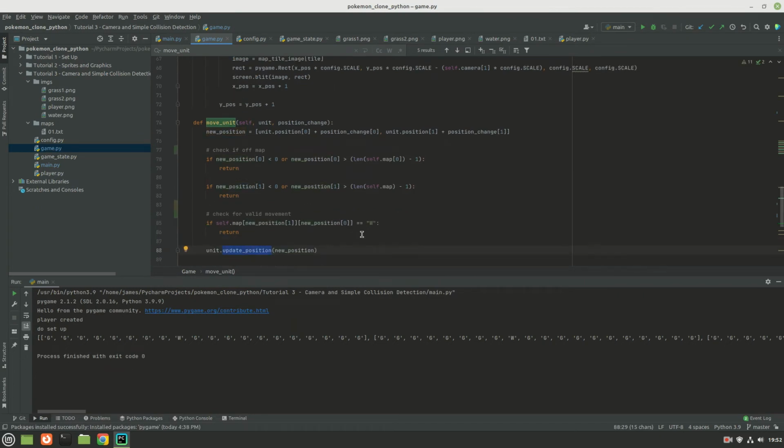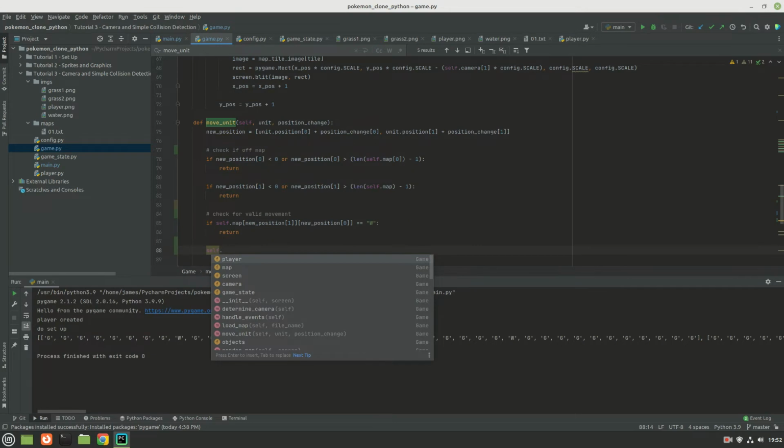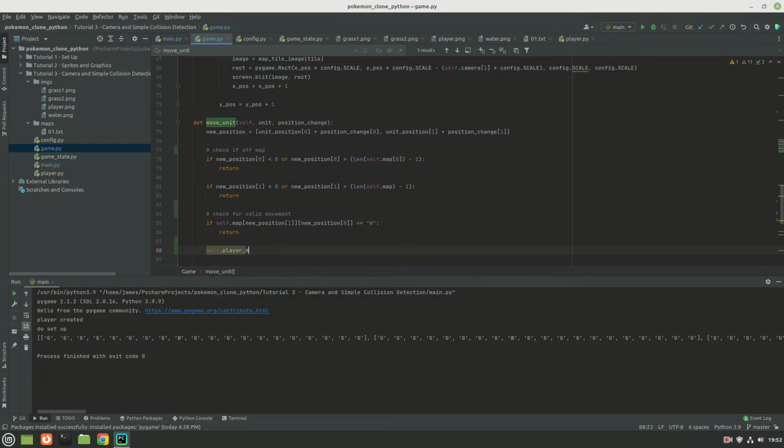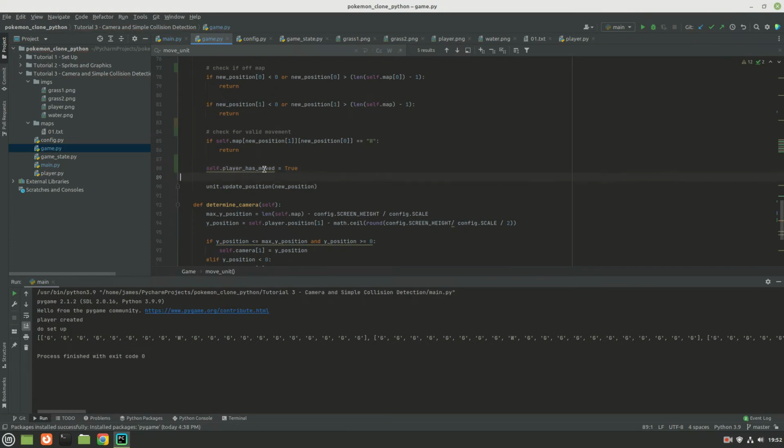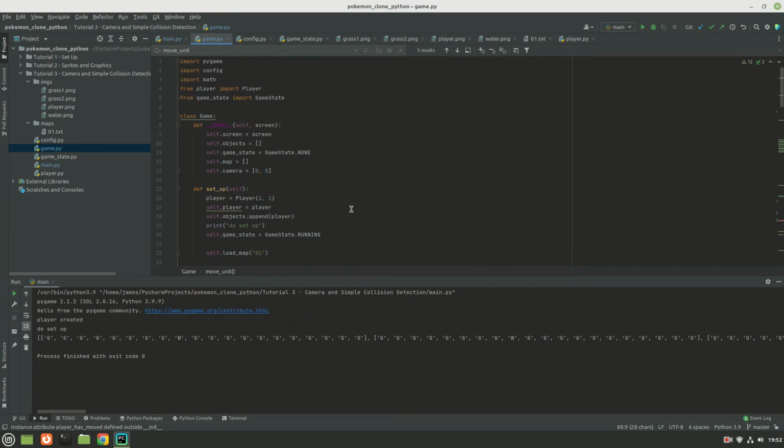so basically we want to know if we returned, then the player has not moved, and we don't want any kind of battle check. We only want to check if you run into a Pokemon after the player has moved. So we're going to introduce a new variable. We'll call it player has moved. And again, this is like, is this correct? Probably not. It's probably not right, but it's going to work for this purposes. And again, later we can refactor if we need to.